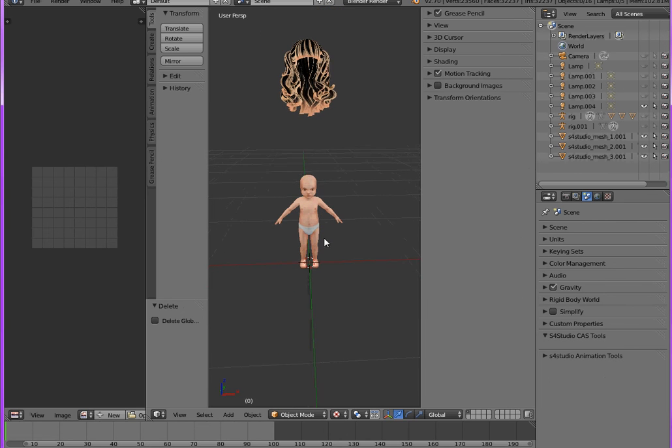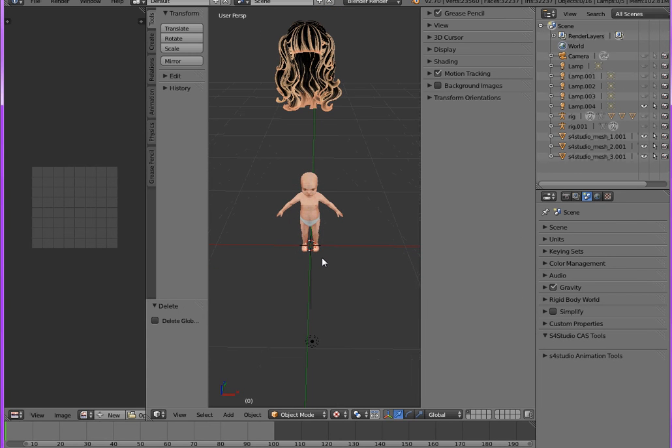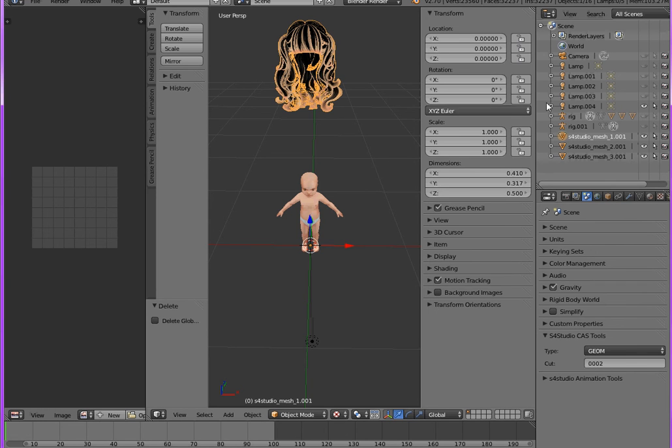Currently, toddlers seem to have an issue with hairstyles that have more than 3 mesh pieces, or at least they did before the last version of Harmony. I'm not sure if they still do, but if you do have issues, try updating to the latest version. Next, we're going to go over here to the right, and we're going to click the first piece and shift click the other 2 pieces to make sure that we are scaling and editing all of the pieces